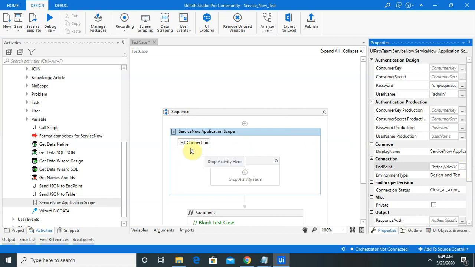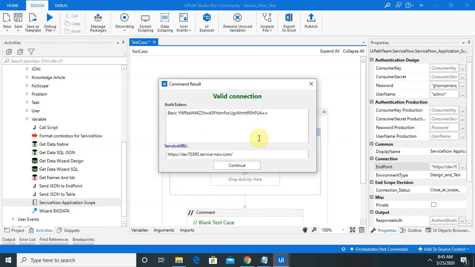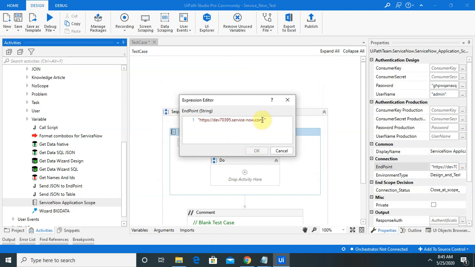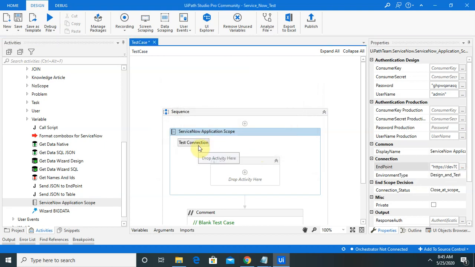Now we are done. Let's click on Test Connection. Once we click Test Connection, it will validate the connection. If the connection is successful, then it shows the pop-up message. Let me change something to see wrong connection details.